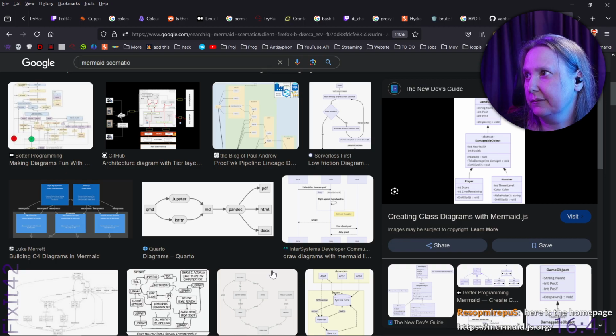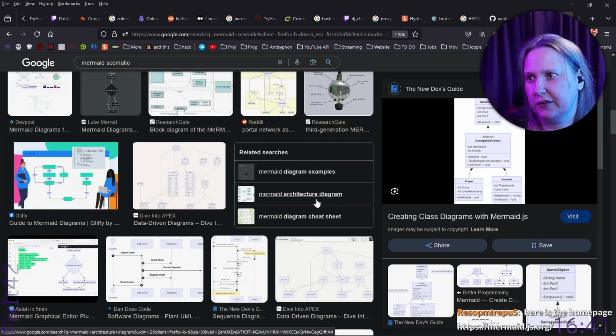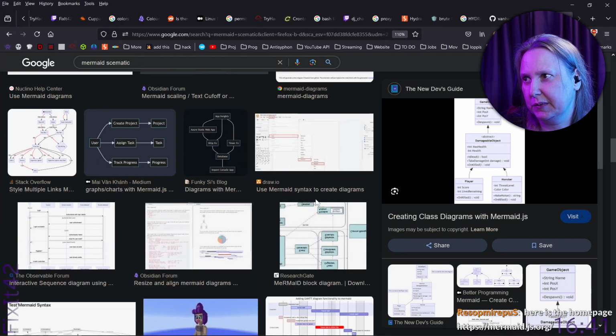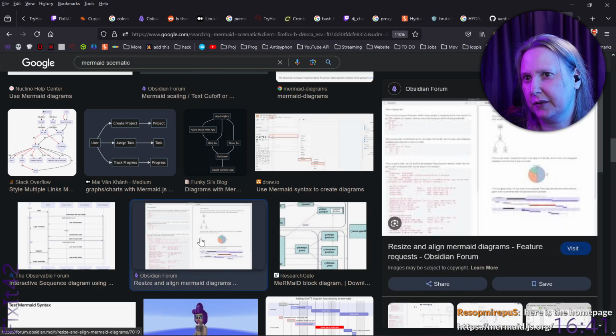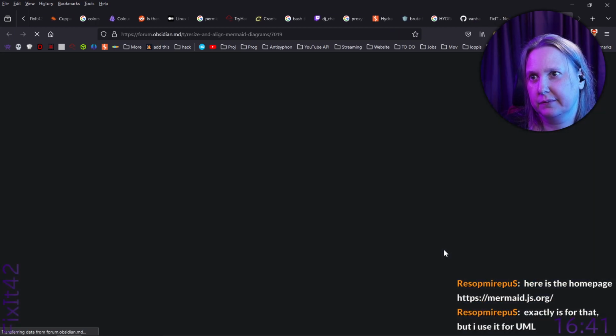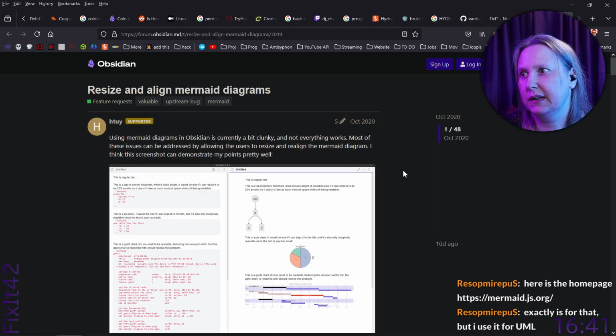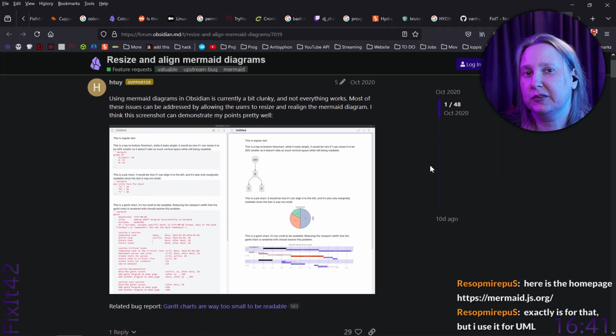Here is the home page, web link. Yeah, that's the one I went to. Yeah, so I didn't see any images there, so I just clicked to search images instead. Here's from Obsidian forums. Exactly is for that, but I use it for UML. Maybe I shouldn't say that. I would rather forget about UML, but